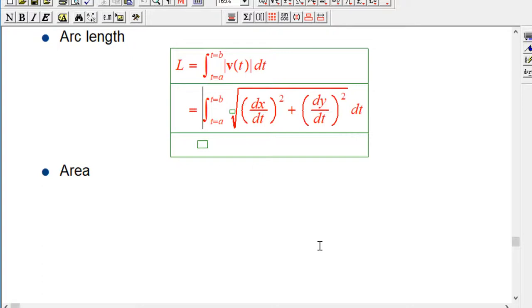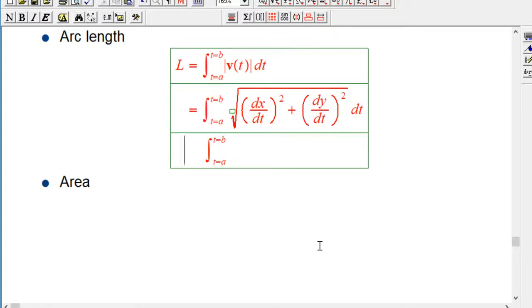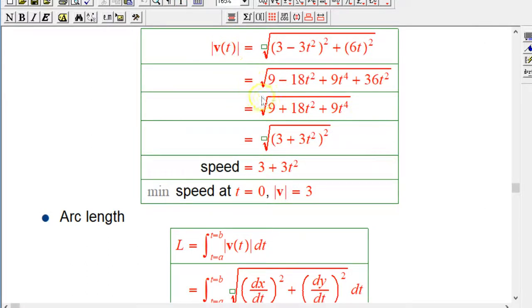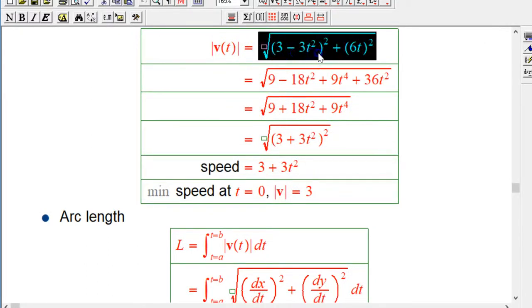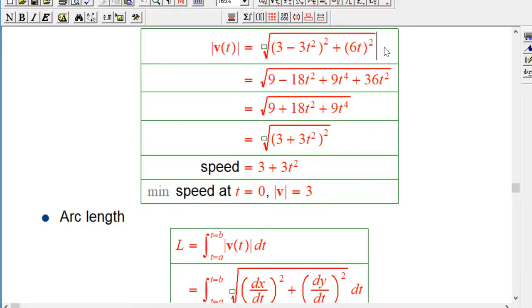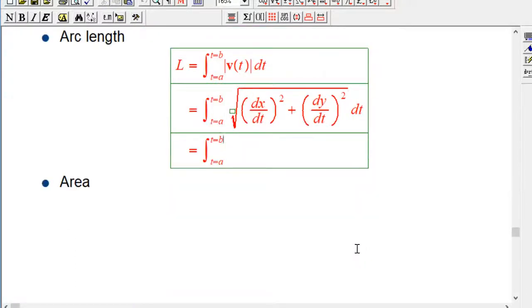So in this case, we've got a very nice fact that when we took the speed, it looked like a pretty messy thing. And honestly, if it hadn't simplified, this would be a really messy thing to put inside an integral. It'd be like a fourth power of t inside a square root, then integrate it. We don't really have tools for that. But because I chose the constants right, we got that it simplified to be 3 plus 3t squared. That was really nice. And the one particular example I want to do is 1/2 of one loop,